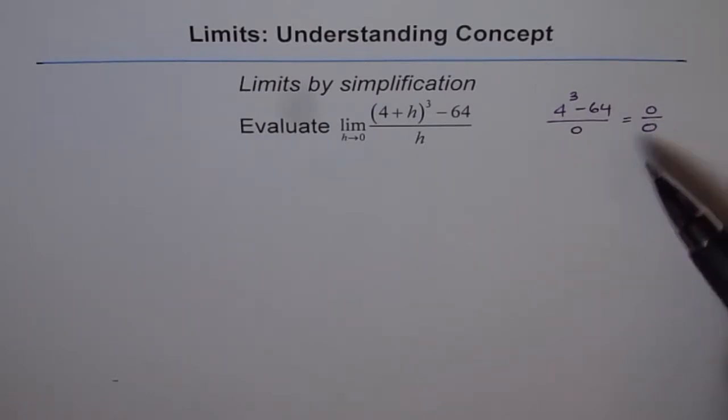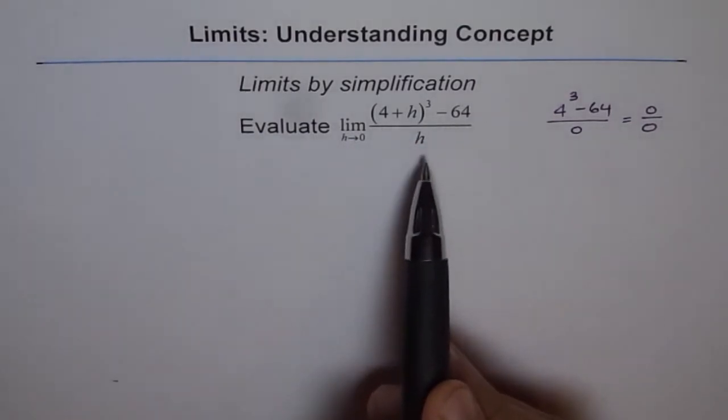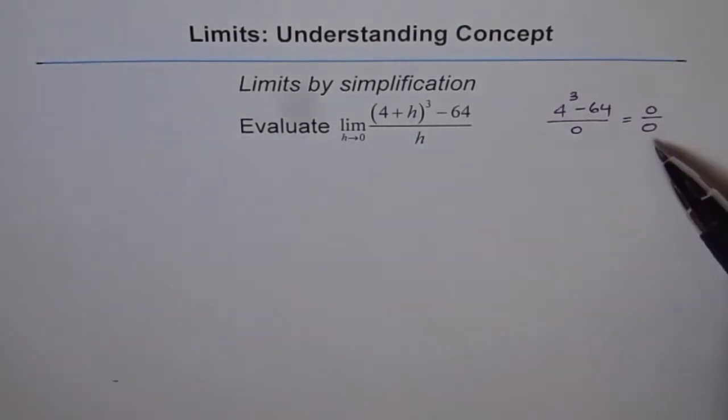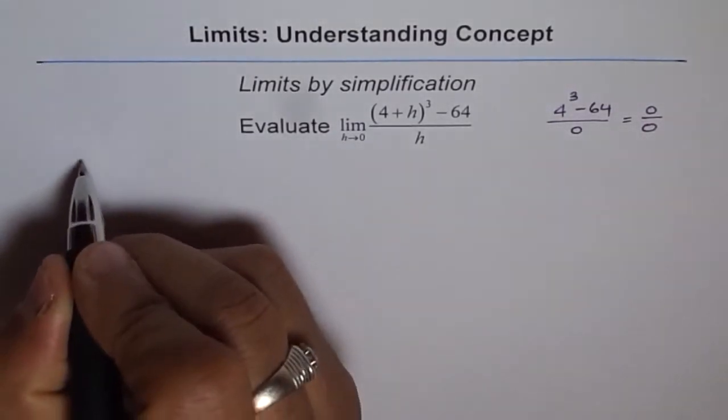And in that case, what we also observe is, when we get 0 over 0, that means there is a common factor between numerator and denominator. So if we expand, we can simplify it to get rid of that factor and then find the limit. Okay, so what we will do is simplify this expression. So let's do that. We can write this as limit